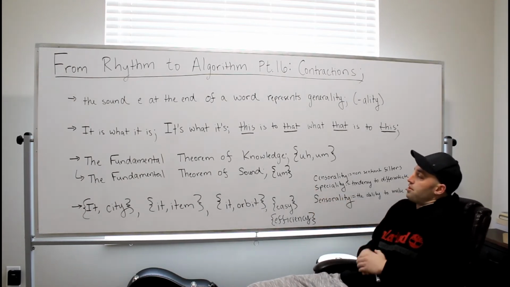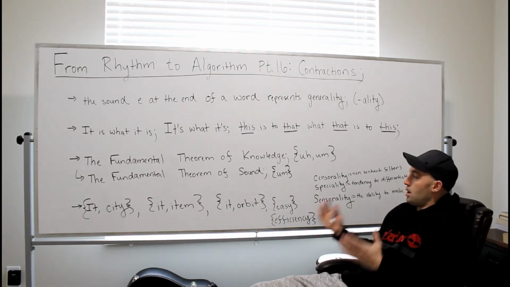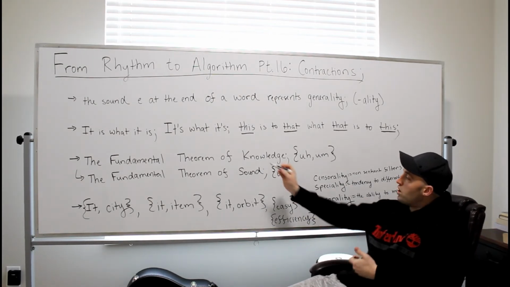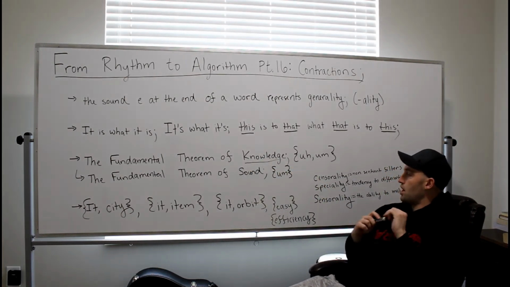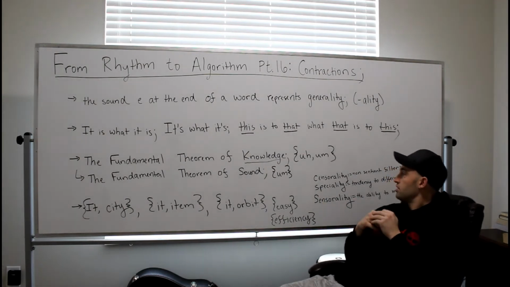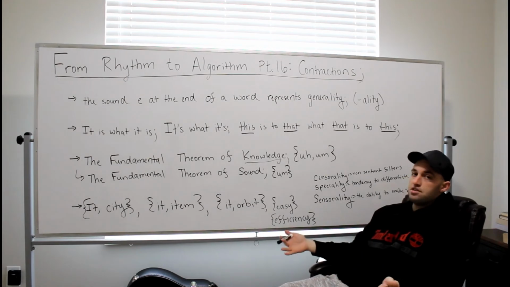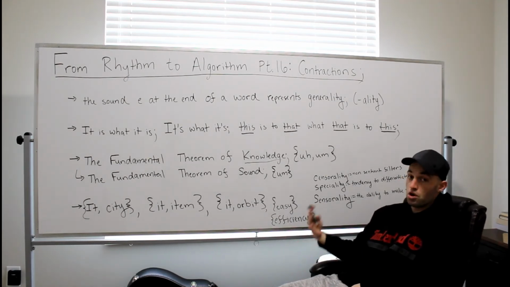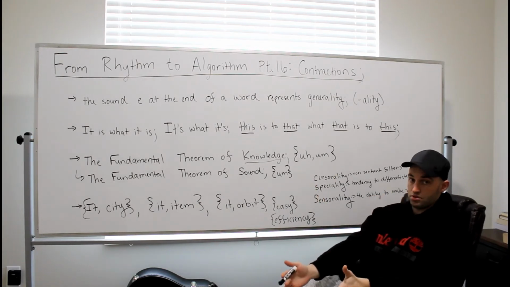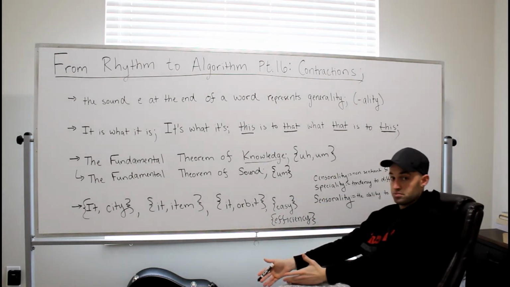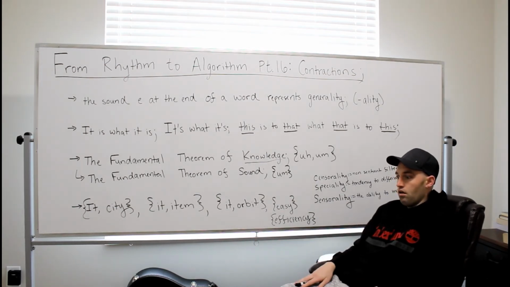What's the fundamental theorem of knowledge? A fundamental theorem is the most general statement you can make about a field of study. What is knowledge? I don't know. What is the fundamental theorem of knowledge? Well, whenever someone doesn't know what to say, or when they're not sure of what to say, they say the sound. When they don't know what to say, they say the sound. And that bridges the uncertainty principle from physics to the uncertainty principle of linguistics, or of knowledge, or of just some ape over there saying,